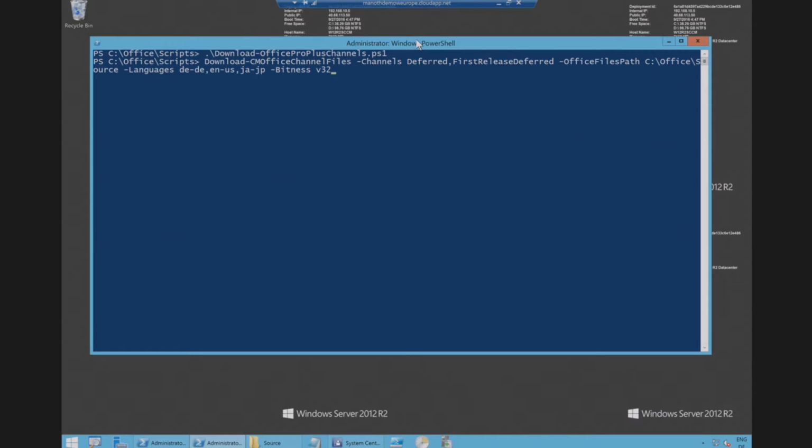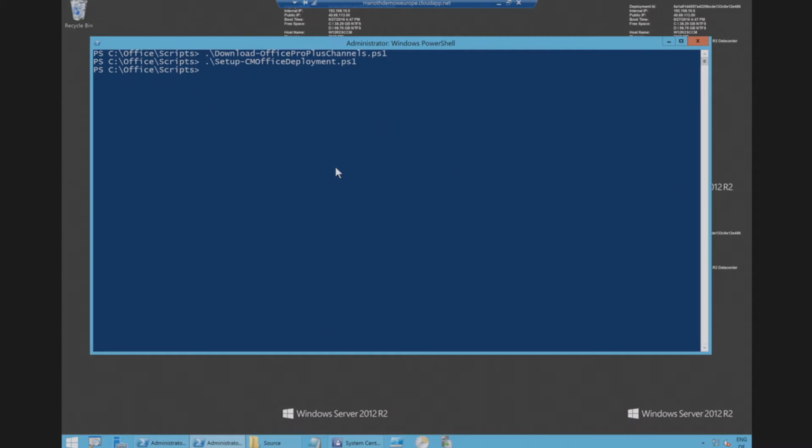We also can specify, for example, if we want to do some housekeeping, a number of releases we want to keep. So you can easily run this every month and set a switch to, for example, keep the last 3 releases, so it will automatically clean up your repository of releases, so it isn't growing over time. So for example, always keep the last 3 releases per channel in your repository. So once we have done this,